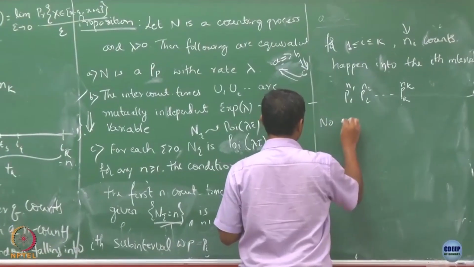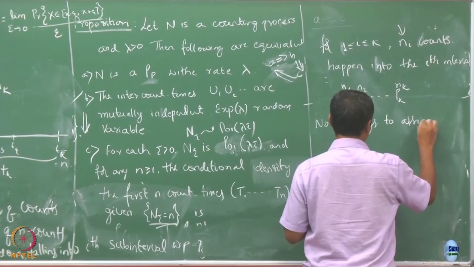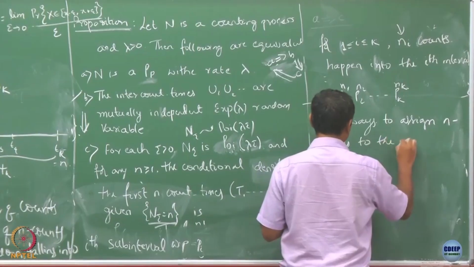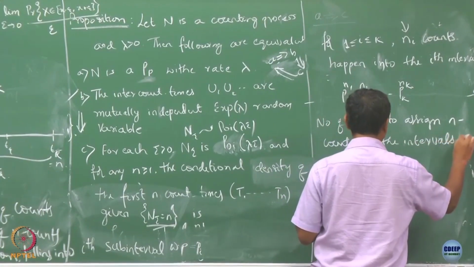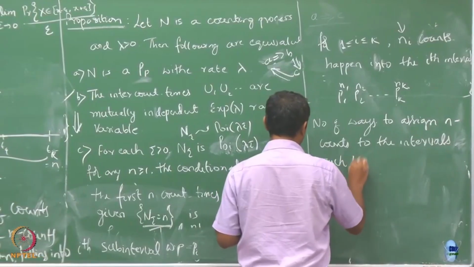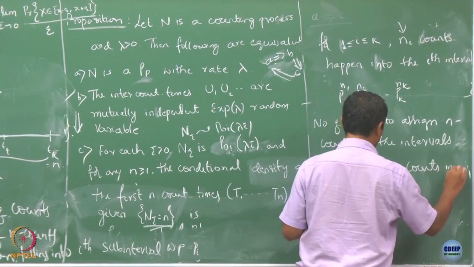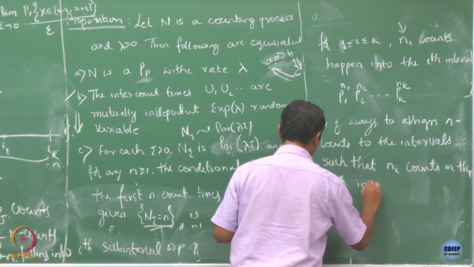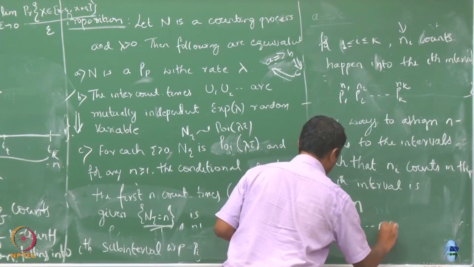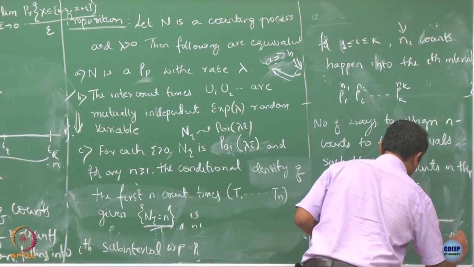So the number of ways such that ni counts are in the ith interval is simply n choose n1, n2 all the way up to nk, which is defined as n factorial divided by n1 factorial, n2 factorial all the way up to nk factorial,